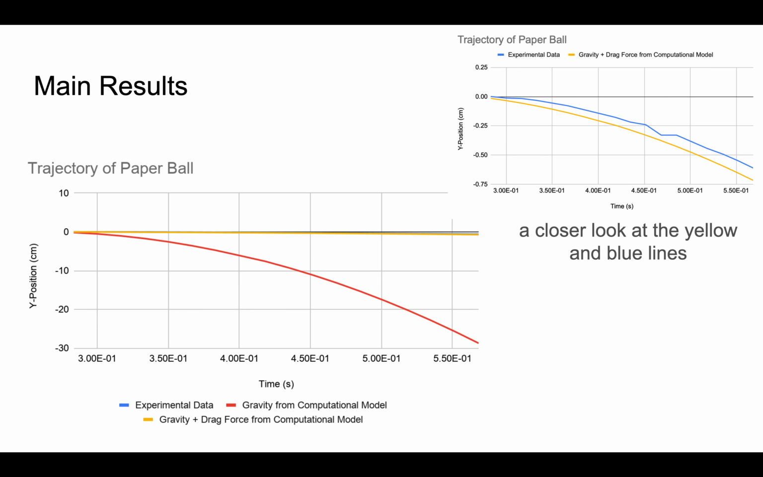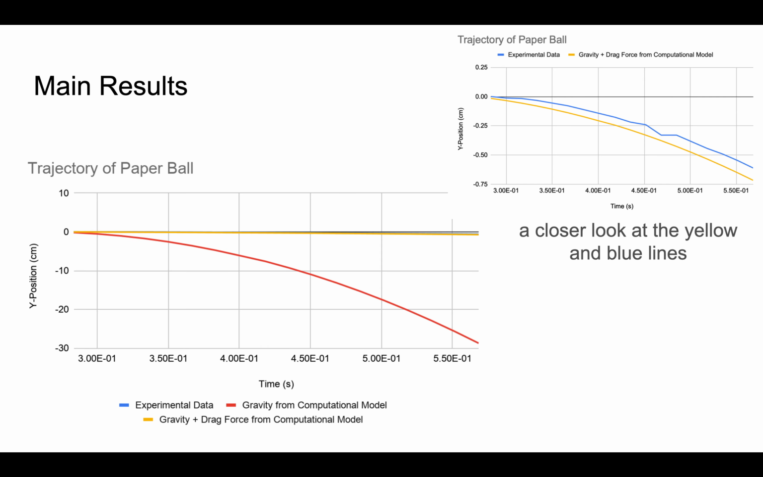So these are the main results. The red line shows the computational model with only gravity. The yellow line shows a computational model with both gravity and drag force, and the blue line shows the experimental data. As seen in this big graph, we can see that the red line veers very far from the experimental data as well as the yellow line. However, the yellow line and the blue line are very similar, indicating that that model is a better fit for